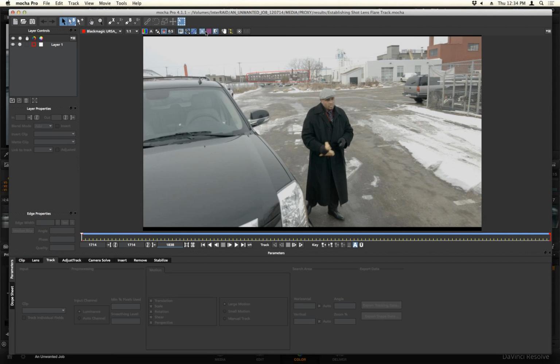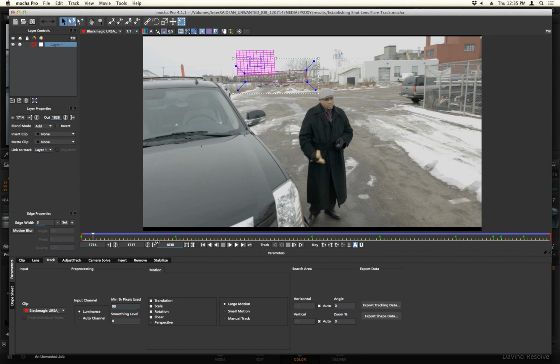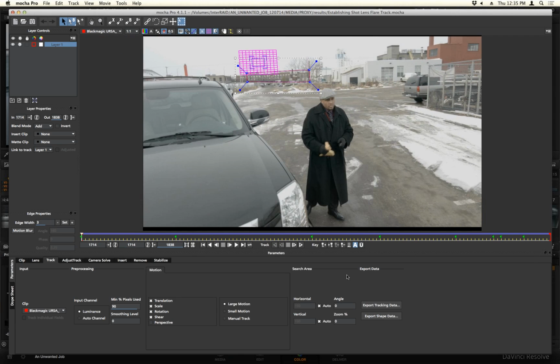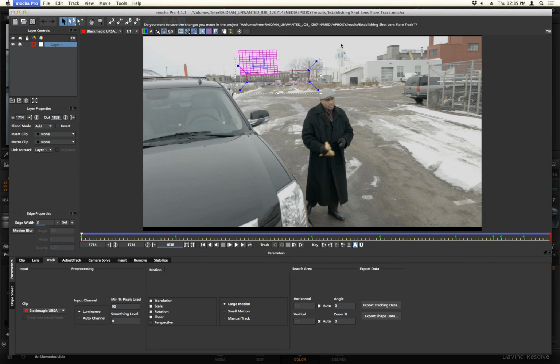So if I turn on that blue shape for that layer, I put it where I wanted the sun to be, and as I scrub through, you can see it just goes off screen really beautifully. So again, export that tracking data, which I've already done. I'm going to quit Mocha Pro,